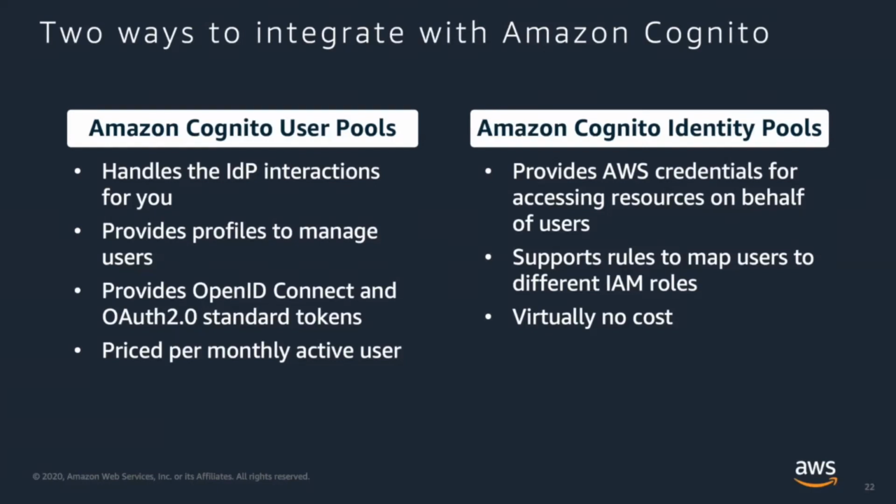On the other hand, the main purpose of Amazon Cognito Identity Pool is to authorize and to map users from an identity provider. This can be from Cognito User Pool or from an external identity provider to an IAM role. For example, say you wanted to allow a user to have access to your S3 bucket so that they could upload a file. So you could specify that by creating